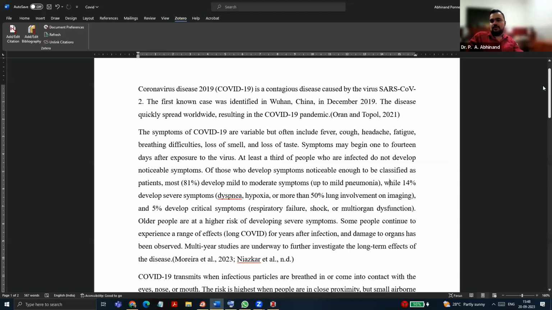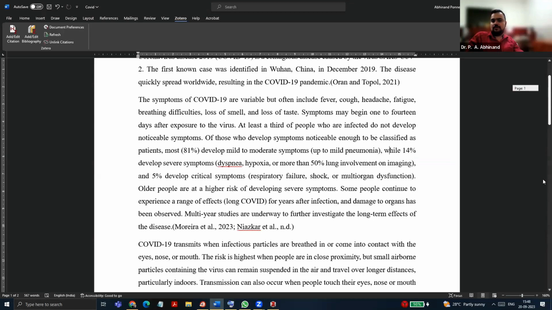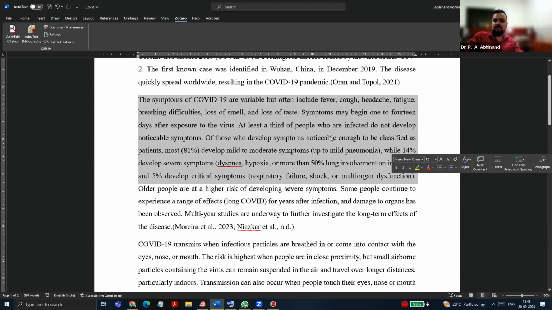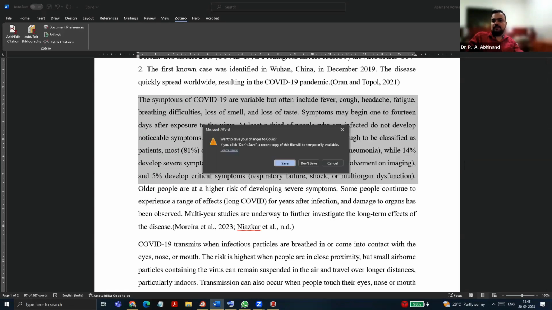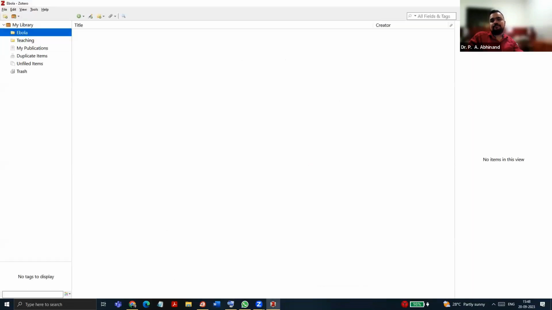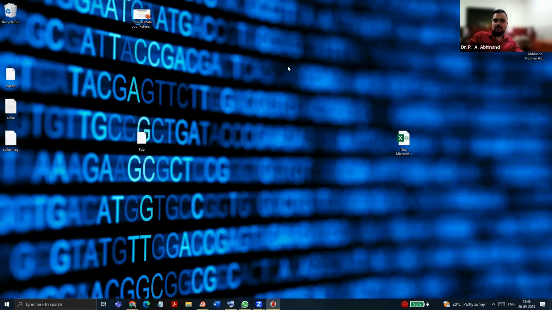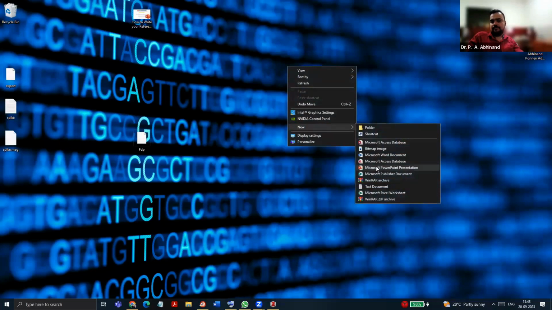But one thing you must be careful is you can't use two different software in the same document. That does not work. So for the Zotero sake, what I will do is I will just take one paragraph from here and I'll try to give you a demo.